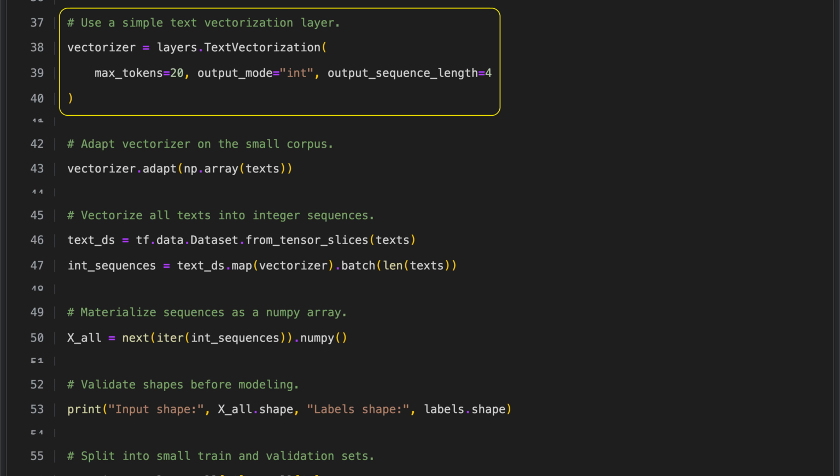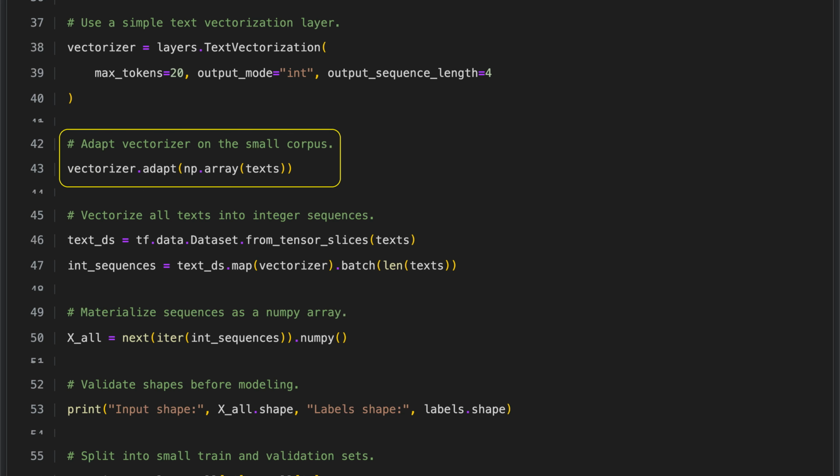We use a text vectorization layer from TensorFlow Keras to turn text into numbers so it can be used by a machine learning model. This layer is limited to a vocabulary of 20 tokens, meaning it will work with up to 20 distinct words. It outputs sequences of integers that represent the text. Each input is converted into a sequence of exactly 4 integers, with shorter text padded and longer ones truncated to fit this fixed length. The vectorizer is first adapted to the small text corpus by processing the given array of